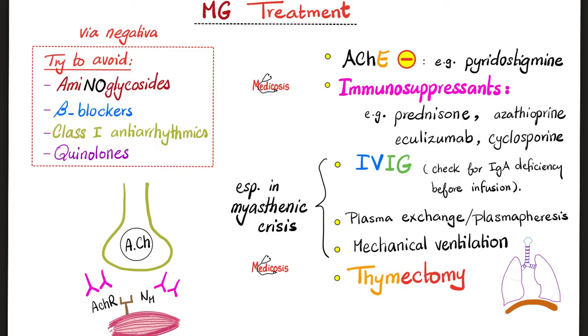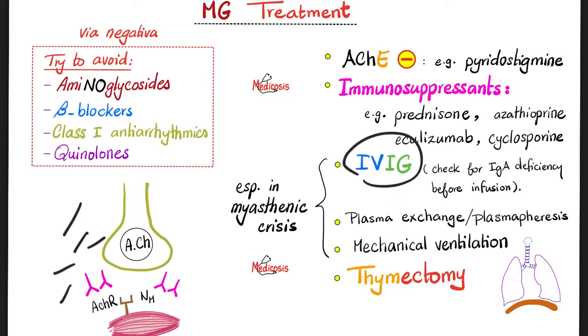You can throw a stick to the dog. Who is the stick? IVIG is the stick. Who is the dog? The antibodies are the dogs. Now the dogs will be busy attacking the IVIG and leaving the acetylcholine receptor alone. So the muscle will contract and the patient will improve.